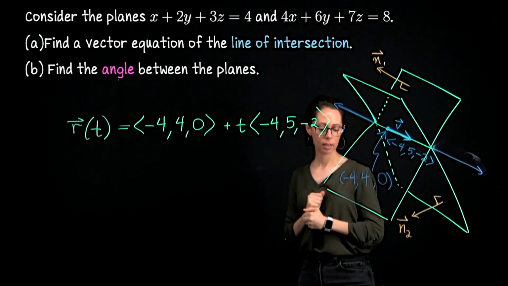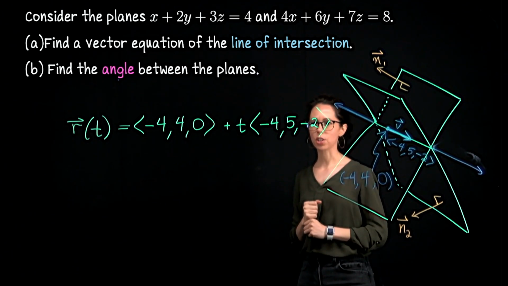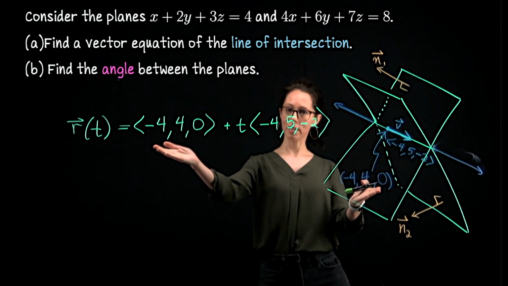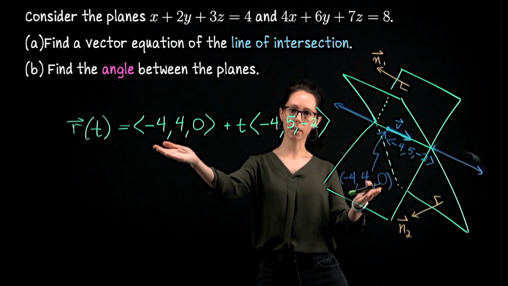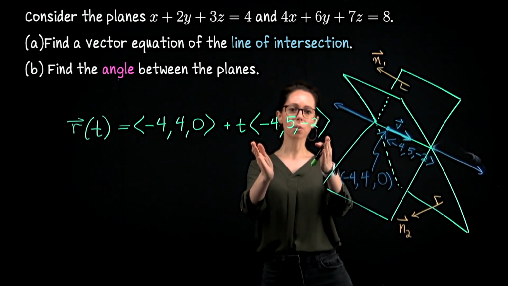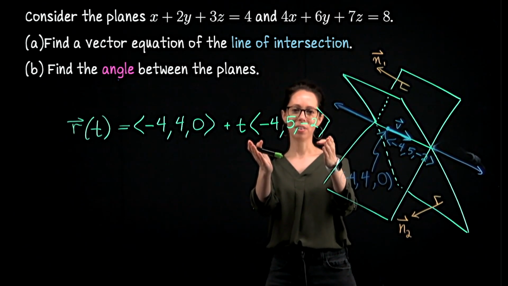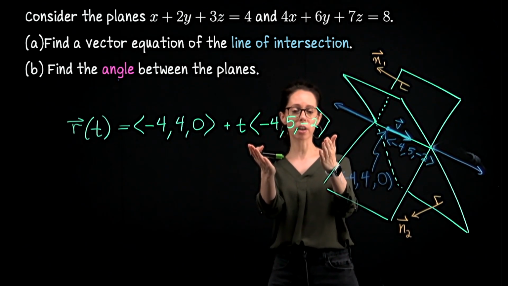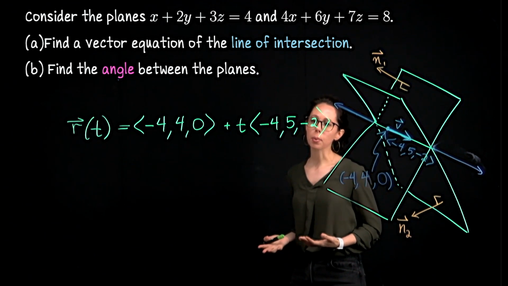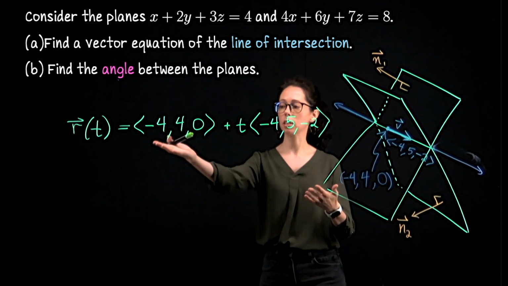I'll say a little bit more and put this in a slightly different organization in just a moment, but I want to point out that this point, this information here, could look different for somebody else's line description. If they came up with a different point, which was also on the line, this could be different. And also this direction vector could be different. It could be 4, negative 5, 2. Typically, it's easier to identify that you have parallel direction vectors because they should be multiples of each other if they're both correct. This could be really hard to determine just by inspection. So it's possible for 2 people to solve this problem correctly and write down the same line, but to have it look different.